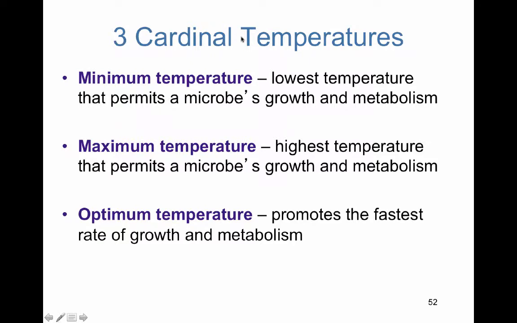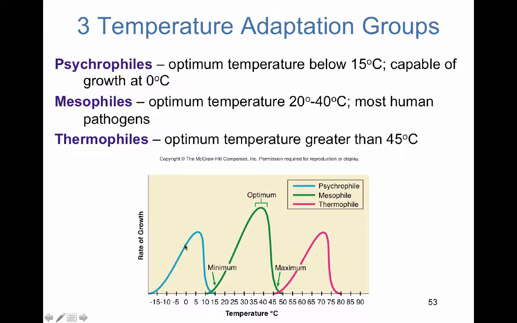So with regards to temperature, every microbe has a scale with an optimal temperature at which it can grow, a max temperature, and a min temperature. So below the min and above the max, the microbe will not grow. And right in the middle is the optimum temperature. If you take a look here at the plotted psychrophile, it has an optimum temperature of about 5 degrees Celsius. The max would be at about 15, the min would be minus 20. So rate of growth is on the Y, temperature on the X.